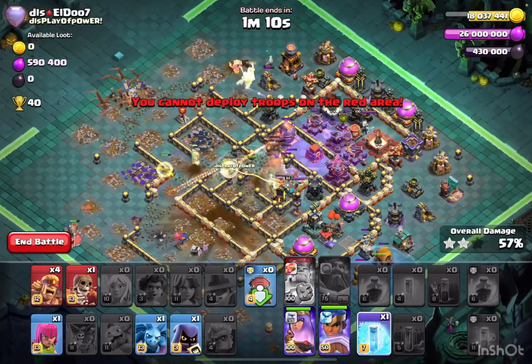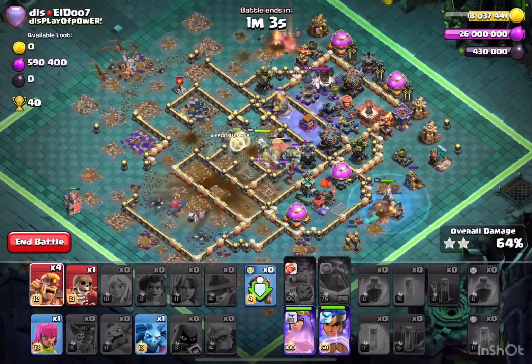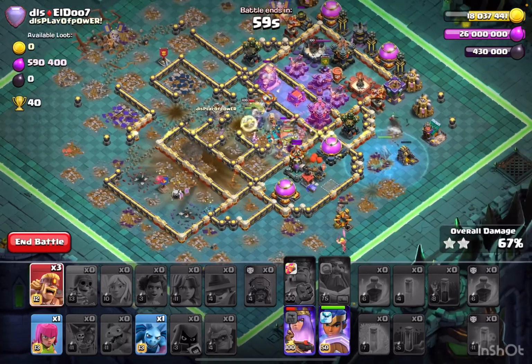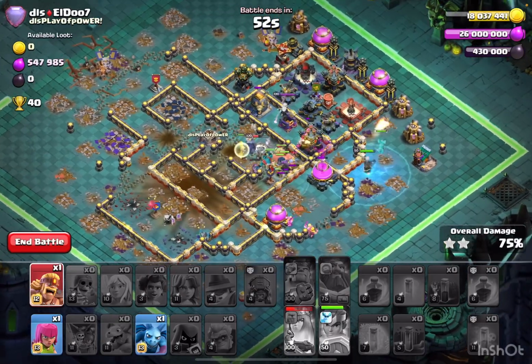Let's hop here. Did I not send the root? Or the, not the root. So I need to get this mono down. Desperately. So I'm trying to send in barbs. Okay, so the...